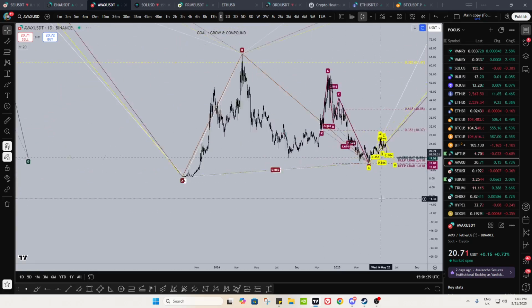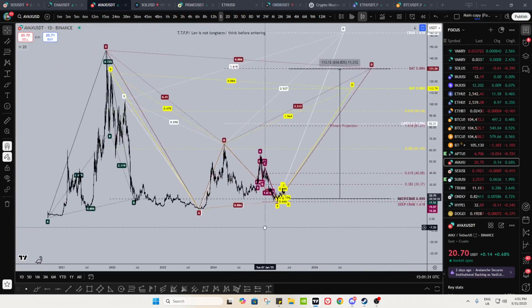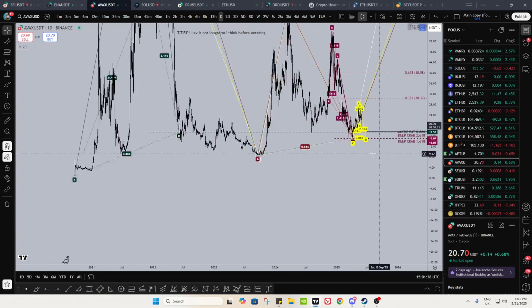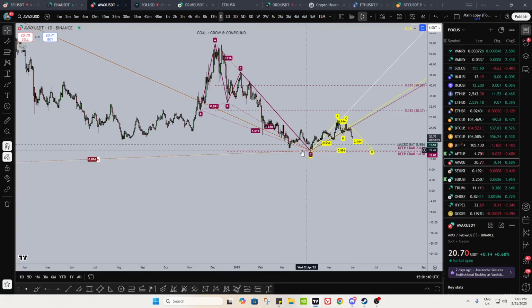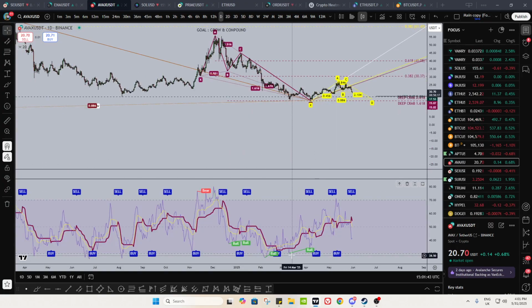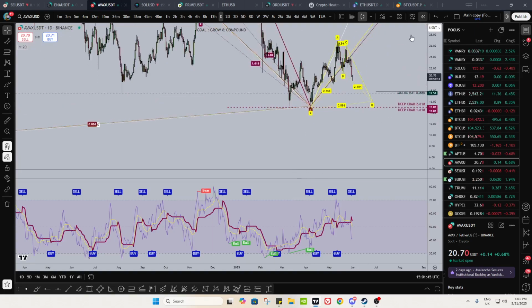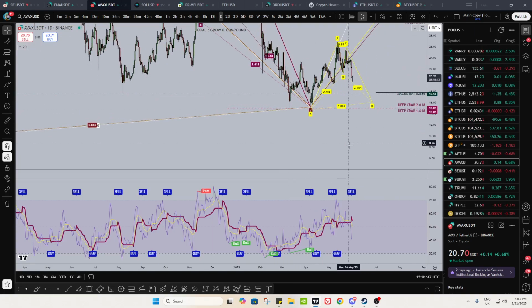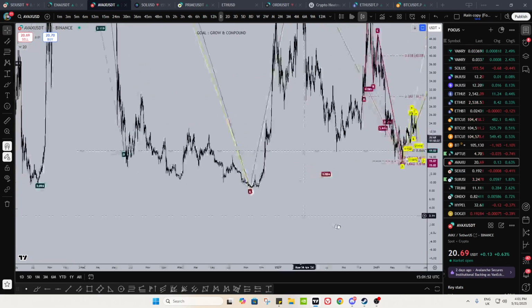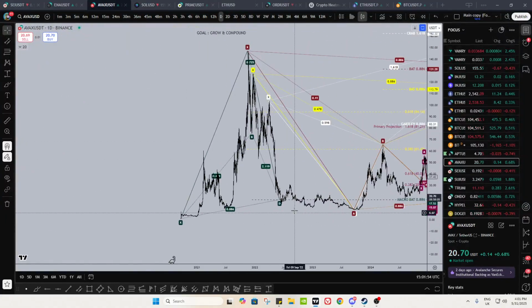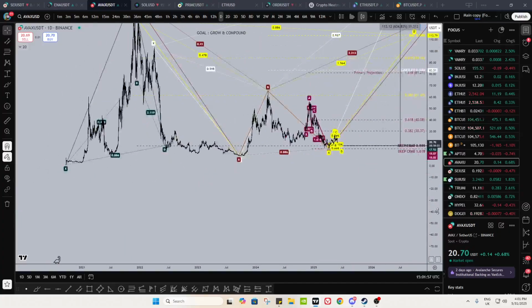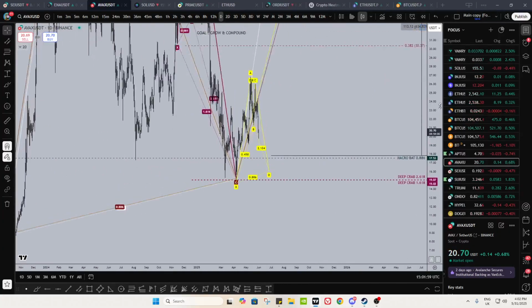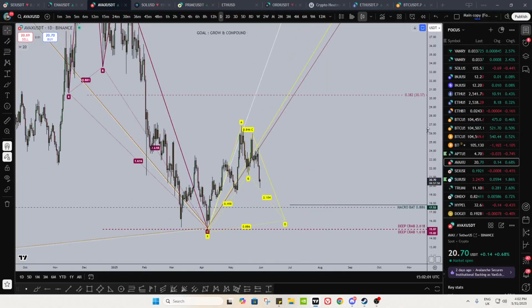So here's AVAX, and again, let me remind you how nice AVAX looks on the macro. Okay, you have a completed deep crab there, where we bounced off of, right over there. Beautiful, right? You got that bullish divergence at the deep crab itself on the daily. Absolutely phenomenal price action, right? That sent us higher here. Last lower high that led to the lower low has been taken out. The macro bat 886, let me remind you again from history, that one there, that 886 is also right there, right? As long as we're above all of these levels, there is absolutely nothing to fear now.